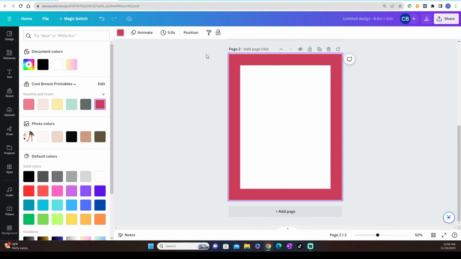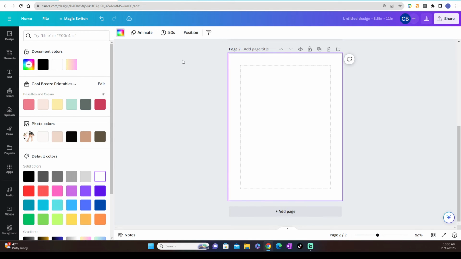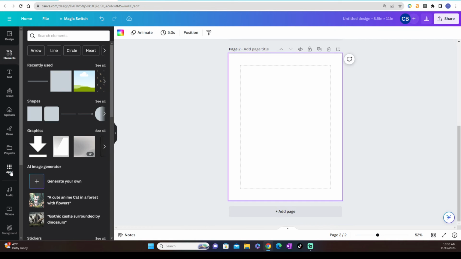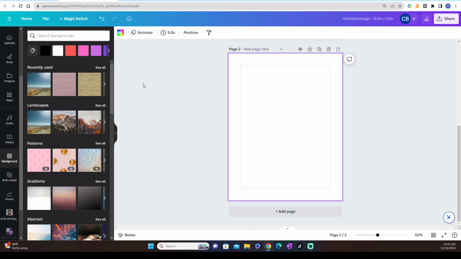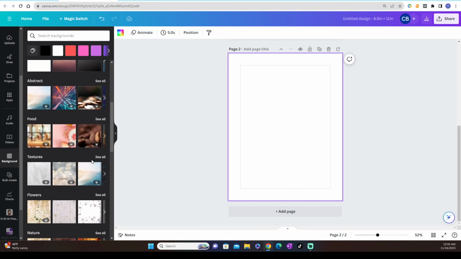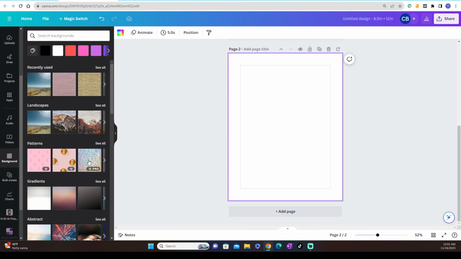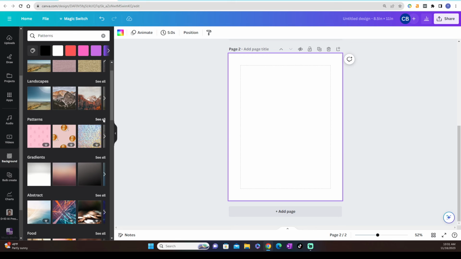Another way you could do this, instead of having a solid color, I'm going to take that back to white, is you could go here to Background, and then what you could do is choose whatever background you want. So you could come through here, and let's say you want to put in a pattern. Let's go see all,